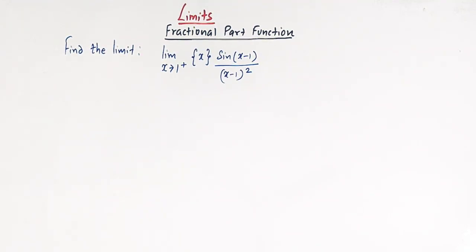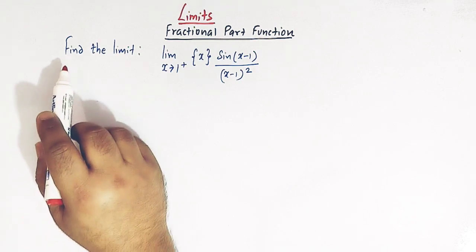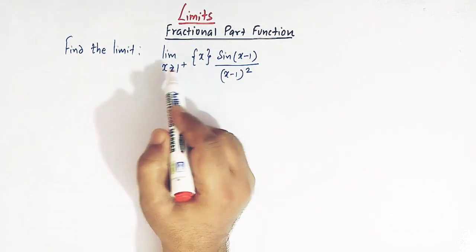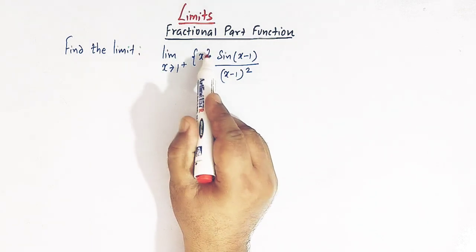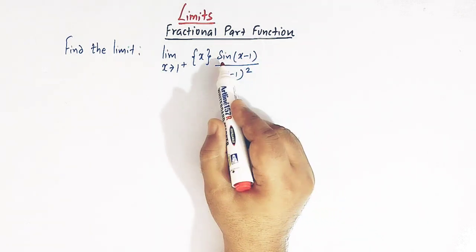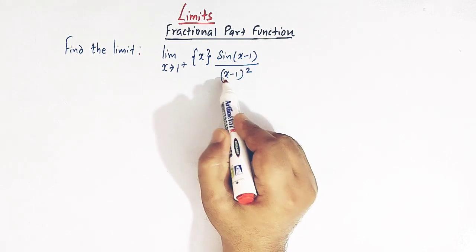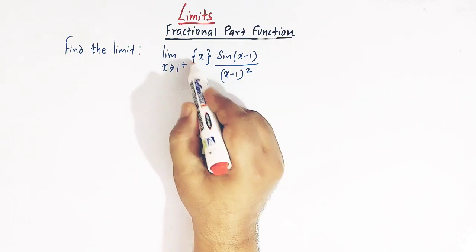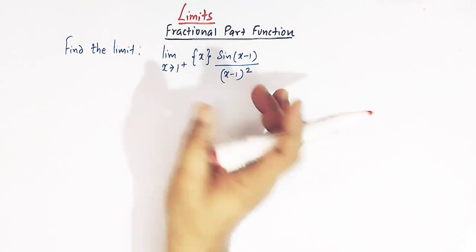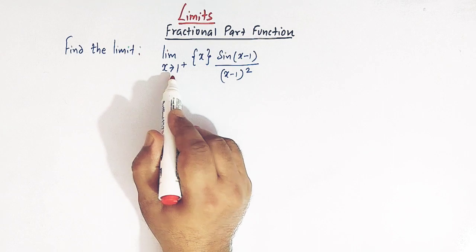Hello viewers, in today's class we are going to discuss yet another important and very conceptual problem from limits, right? And here we have the problem to find the value of this limit: the limit as x tends to 1 plus of the fractional part of x times sine(x minus 1) divided by (x minus 1) square, right? So here we see that we have to find the right hand limit of this function